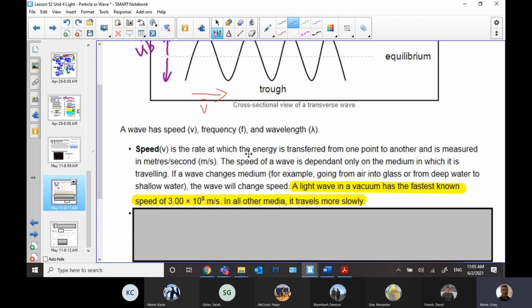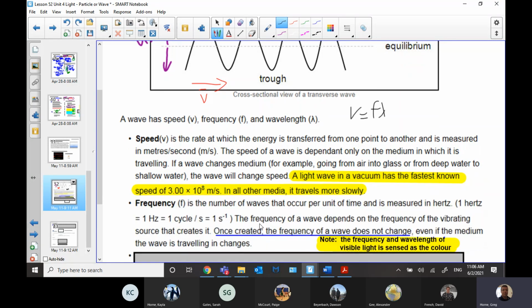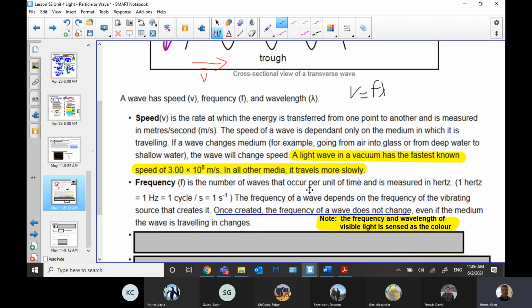It's going to be emphasized more in a second anyways, but we have this v equals f lambda relationship between the speed and frequency and wavelength. So they're noticing here, you have the speed of waves, and then the speed of light is known as 300 million meters per second. The concept of frequency is referred to in light as well. So frequency and wavelength in light is seen as color.